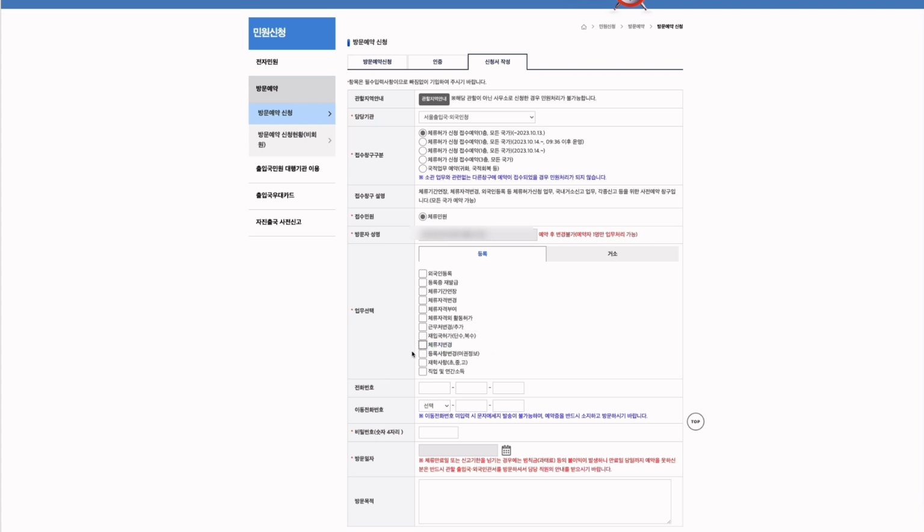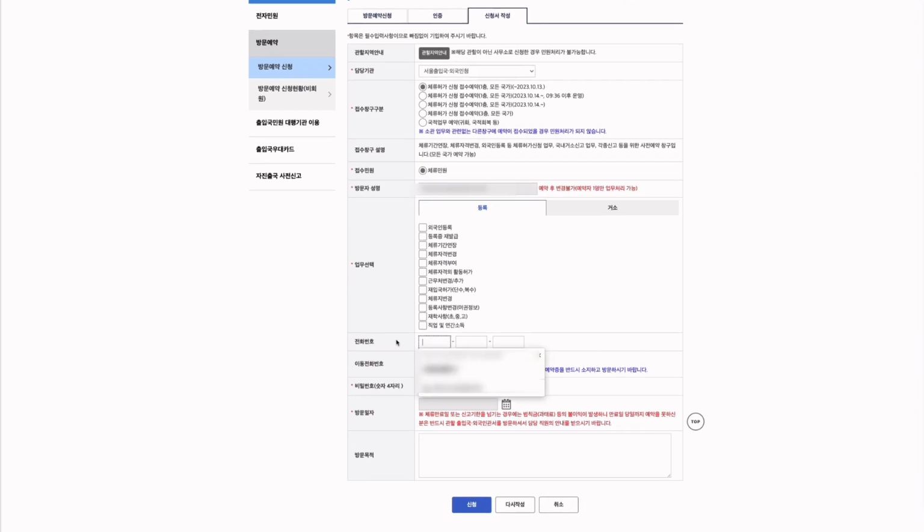I don't think you need to worry about the rest of these, especially 재학생. I guess this is for going back to school for elementary, middle, or high schoolers. I don't think you guys are going to need this. I'm going to keep moving. Put in your phone number,